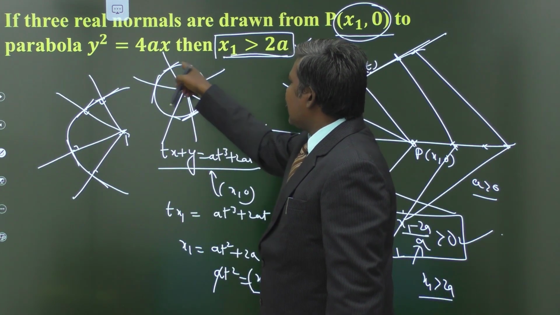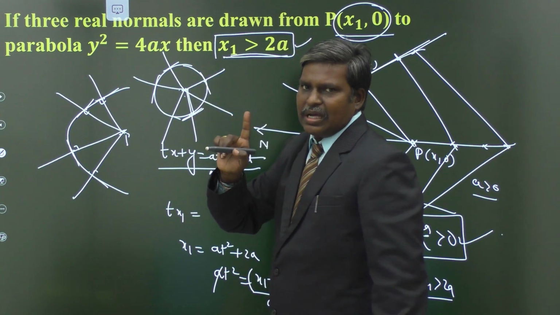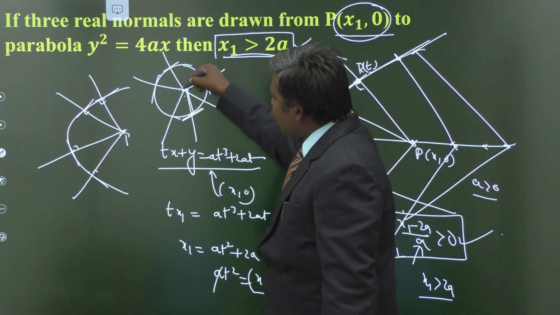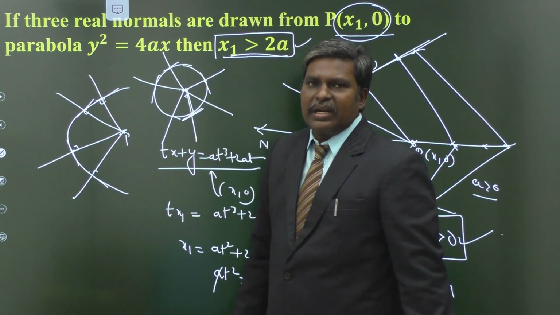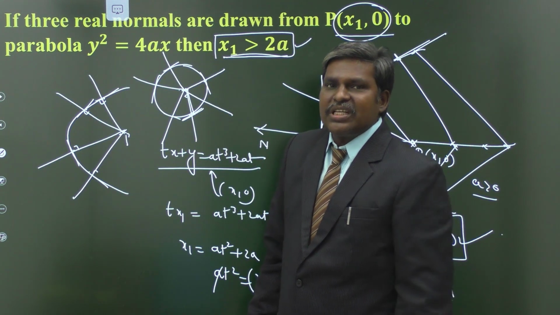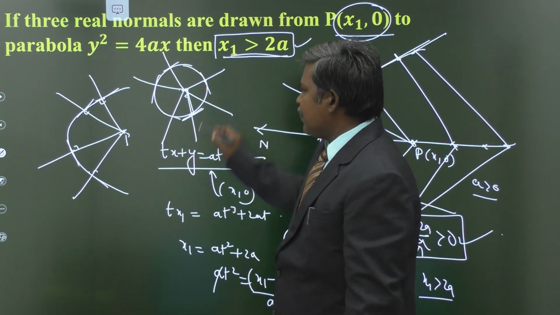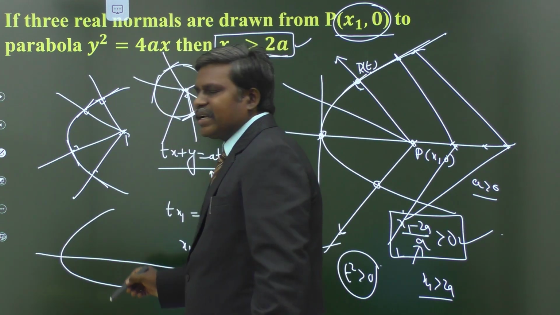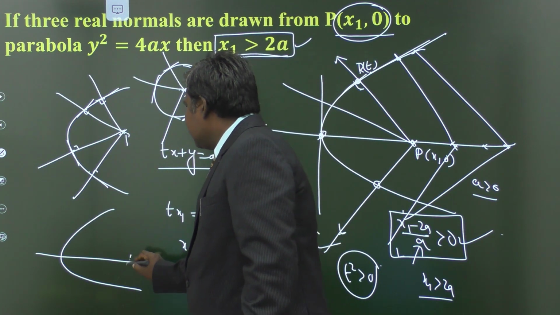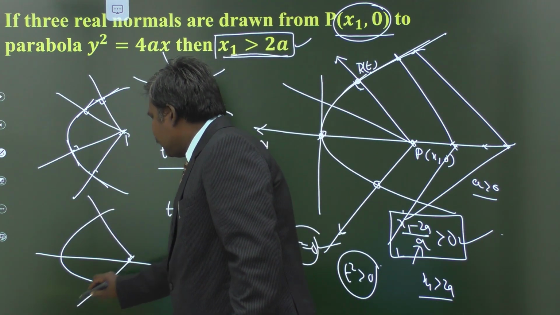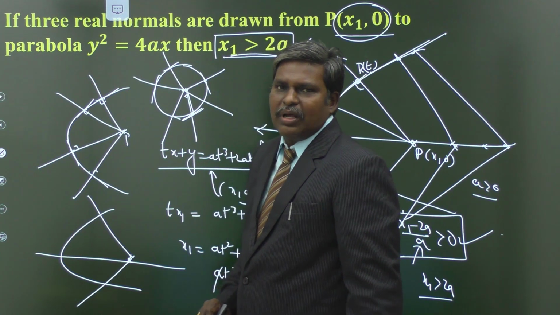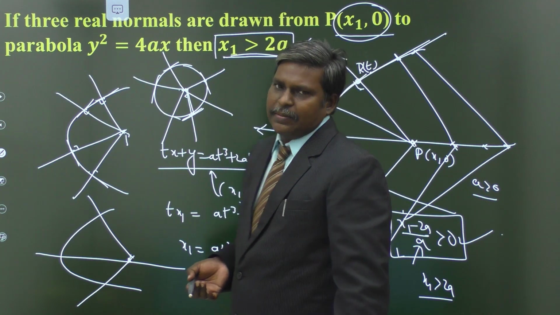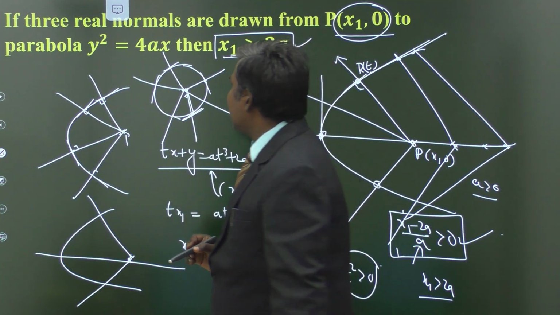So normal at any point on the circumference is only one normal. For a different point, a different normal exists. But all the normals through that point are here, at the center. You can draw infinite number of normals through the center to the circle. In the same manner, if you take any point which is on the axis, that is, x coordinate is more than 2a, you can draw 3 real and distinct normals, in which one of the normals is the axis of the parabola. These two are also real and distinct. The condition is only x1 greater than 2a. That is what I am saying to you.